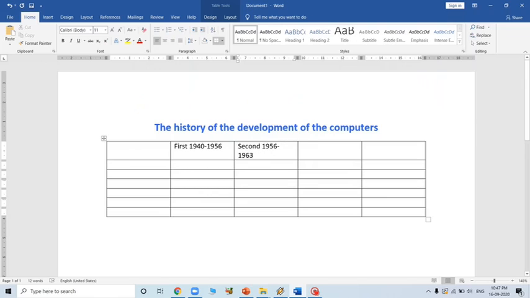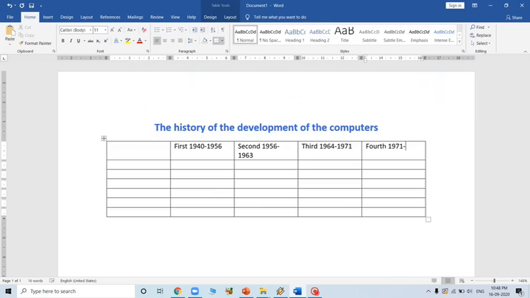Third computer, which is from 1964 to 1971. Now let's check the fourth computer. Fourth computer is from 1971 to present, which is the fourth generation.